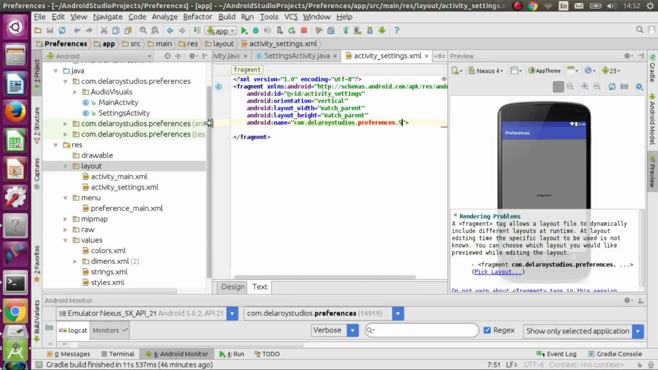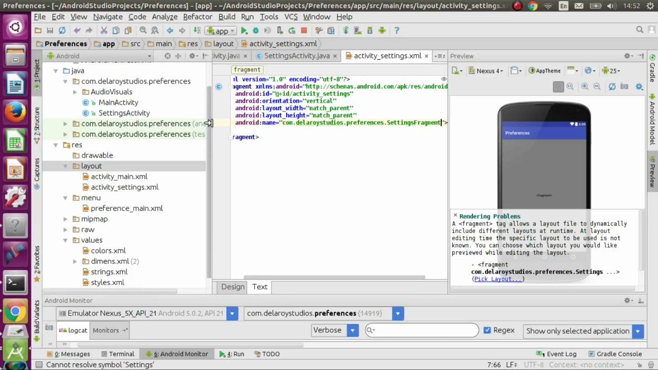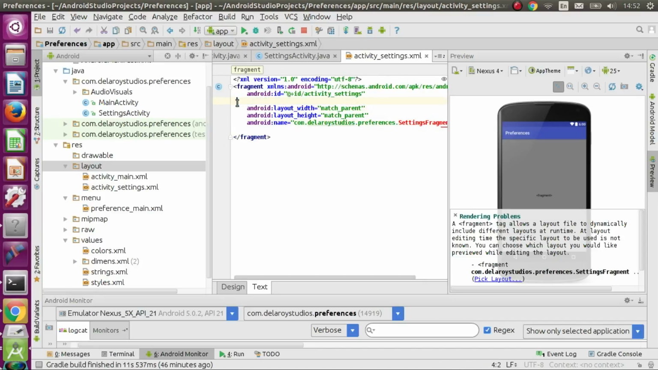We're going to create a settings fragment. So it's actually pointing to the fragment. We've not created that, so it can still look funky. Let's take away this orientation. We don't really need to set an orientation, and we're fine. So from here we'll be heading straight